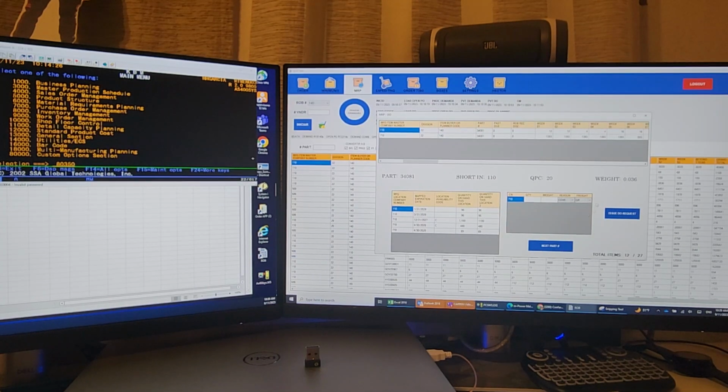Hi team, good morning. I want to show you our latest application. This is to request DOs based on MRP. Here at the top, you can see the MRP window where you can see the part number 34081 for company